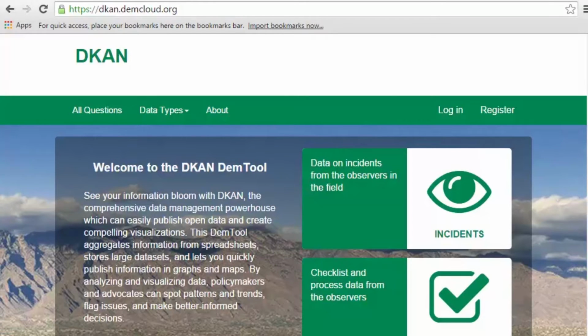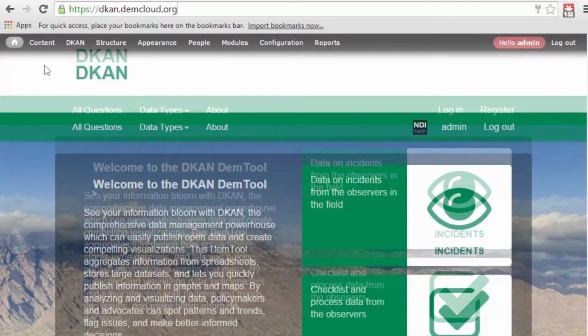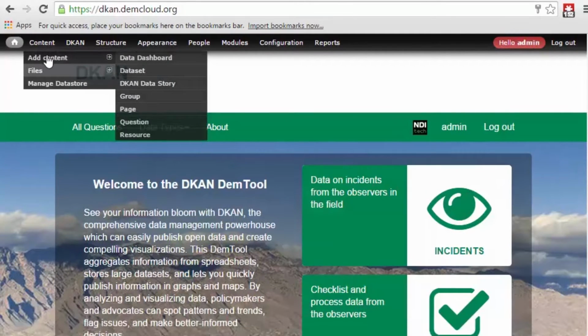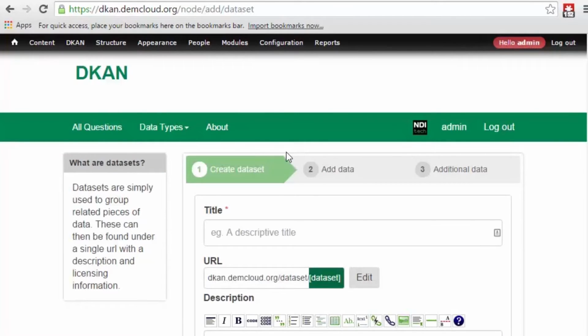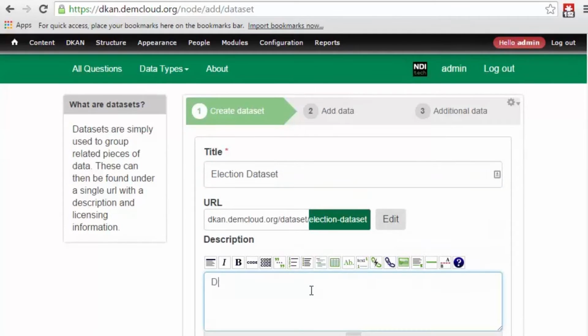DCAN's data publishing model is based on the concept of datasets with resources. The best way to get an understanding of this system is to walk through the process of creating or adding a dataset. A dataset contains individual resources as well as metadata. Metadata is the who, what, when, where, and why of each dataset. Once logged in, click on Add Dataset in the main navigation bar.